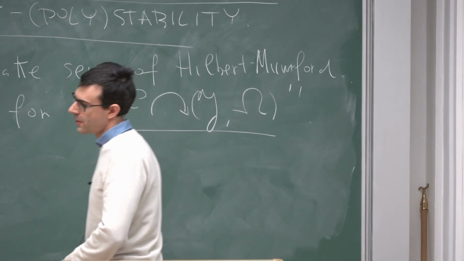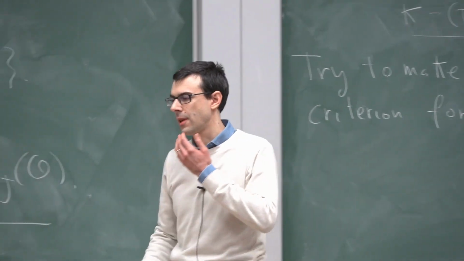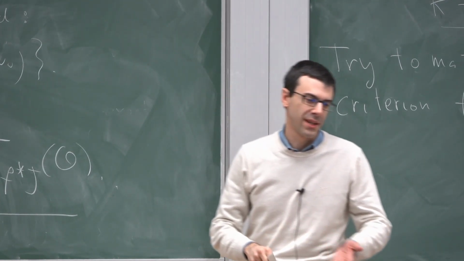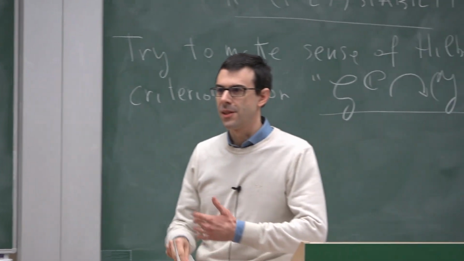So you want to understand if there is some kind of infinite dimensional version of a Hilbert-Mumford criterion which applies, and which, if it tests positive, then it tells you that you can find the zero of the moment map